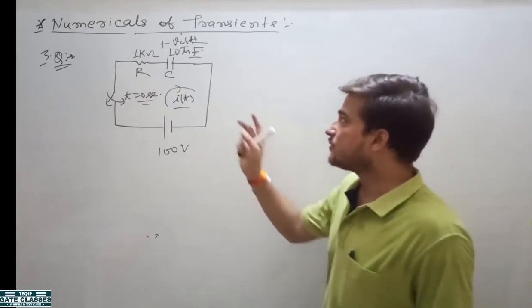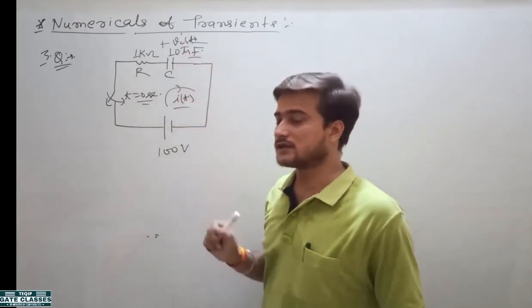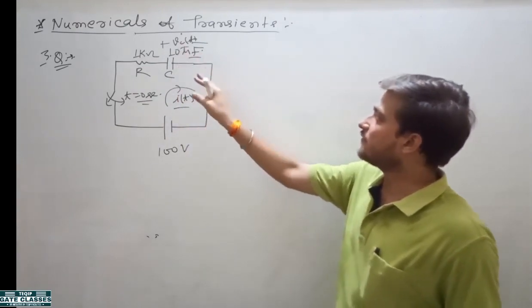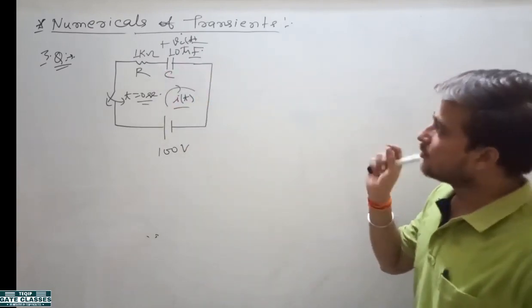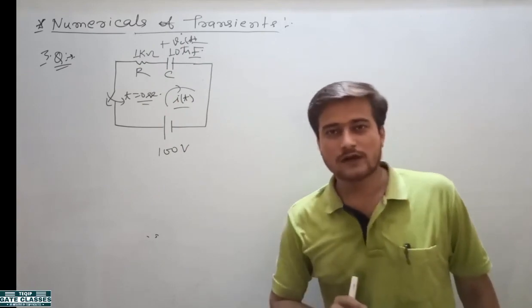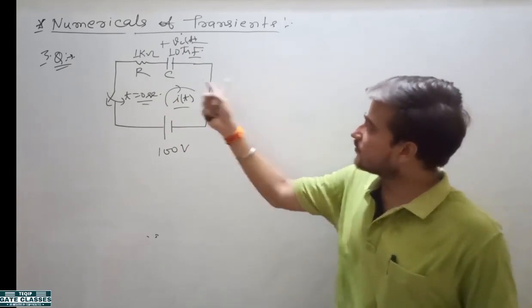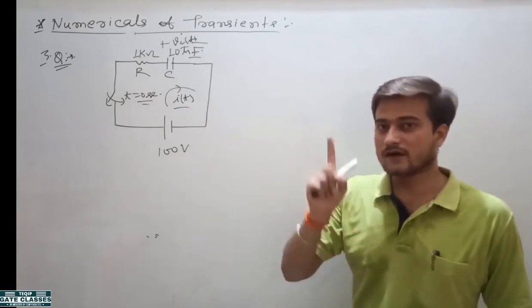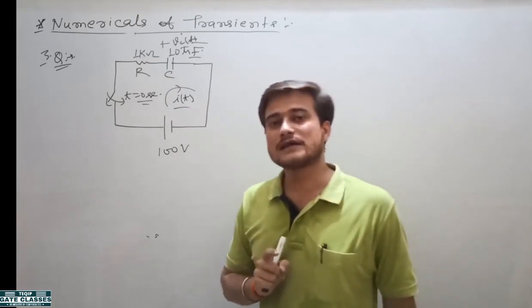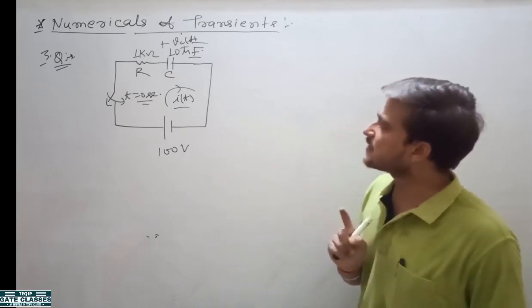If the direction of voltage was reversed, if in the question they give you minus here and plus here, then what will happen? Then you will have to take care of the direction of voltage, so that if the direction is reversed, then the expression for voltages will be reversed. So then you will have to take a minus sign. So you have to always take care of these things.